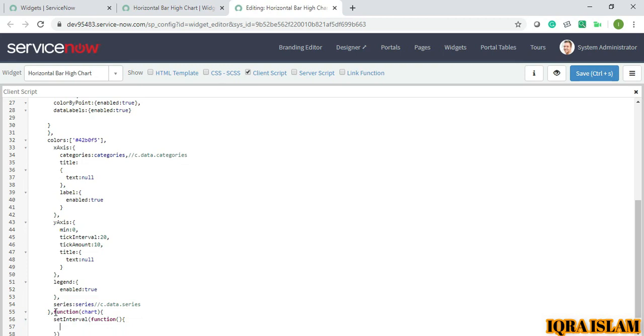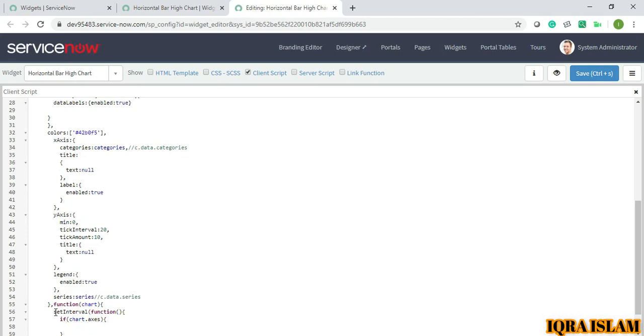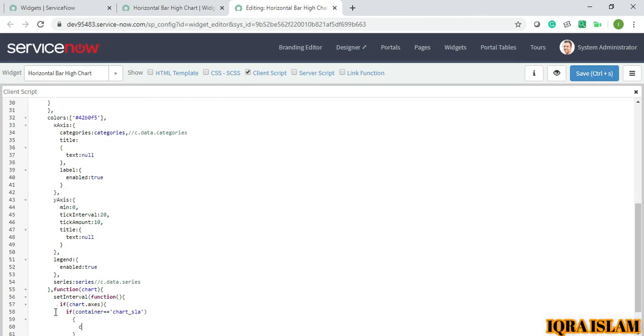So if chart.axis equals to chart SLA. We don't have SLA, we have aging. So I'm mentioning it; if you want you can mention, otherwise it's for dynamic one.